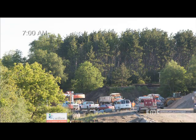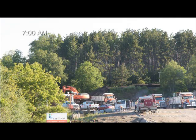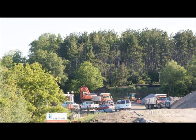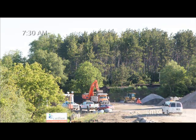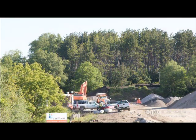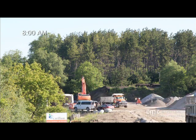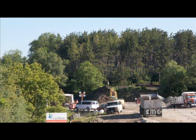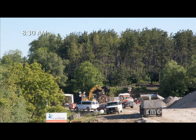The other thing you should know is that this is a very tight schedule. We've got basically the weekend to get this thing completed and the tracks back and the train running again, the first train at 6:30 a.m. on Monday morning. So we really couldn't take any chances with respect to being able to work